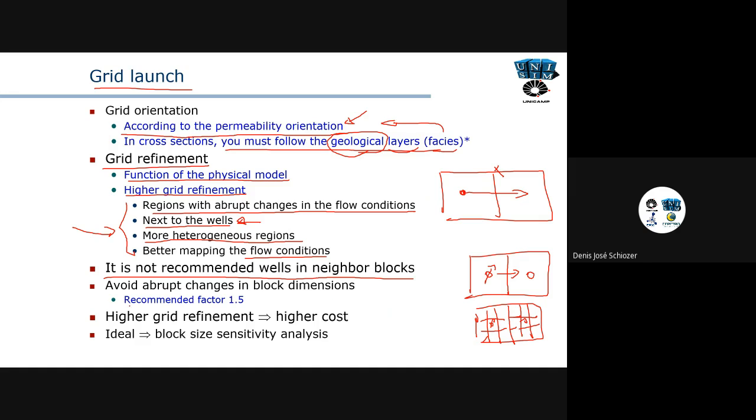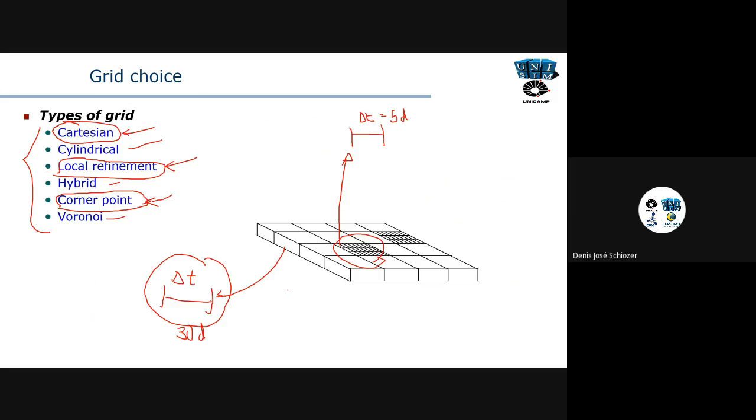And also, from several studies that are in the literature, they do not recommend to have very abrupt changes from one to another. For example, here, I'm gonna have a relationship from one coarse block to 3 fine blocks. So I have a relation 3 to 1, okay? If I have 10 blocks here, too much, I would have a relationship 10 to 1. This is not very good to have because we have higher numerical errors